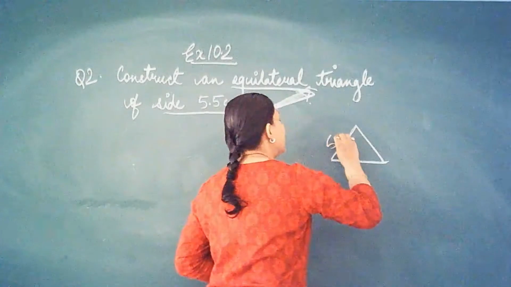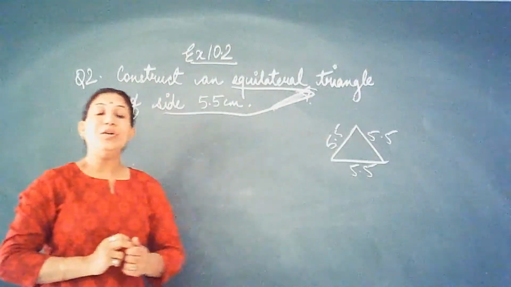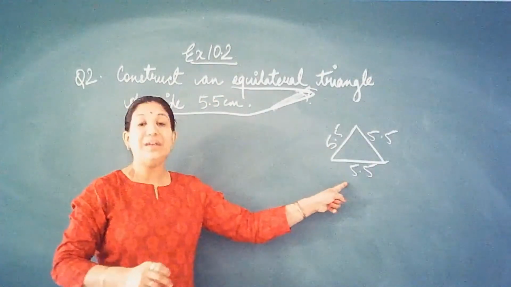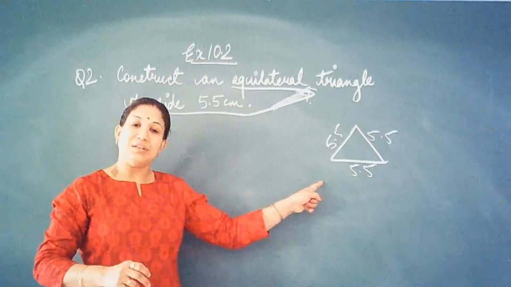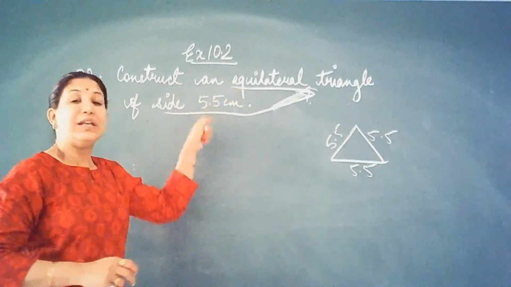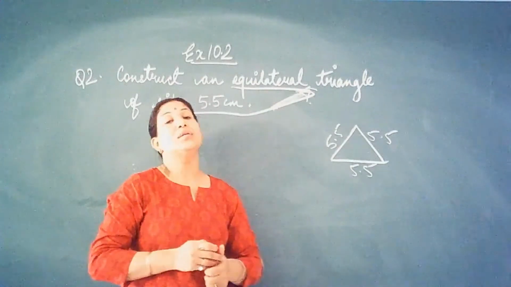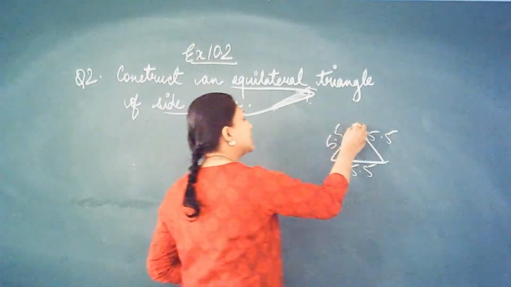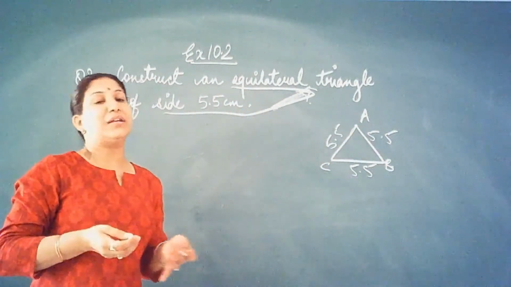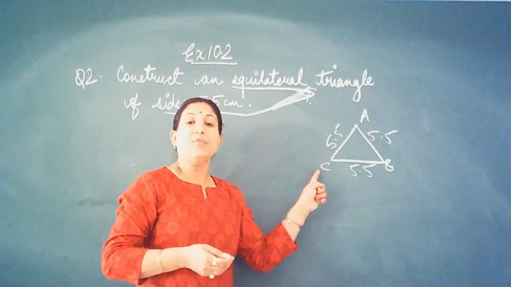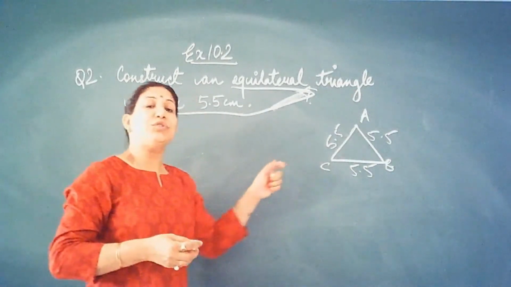So it is not one side. The measurement of all three sides of the triangle in this question will be the same. So we have drawn the rough figure and now you can see labeling is not given. In such cases, you can add your own point names. For this triangle, let me take it as A, B and C. You can change it, that is your choice. Any name you want to give to your triangle, you can name it according to your choice.